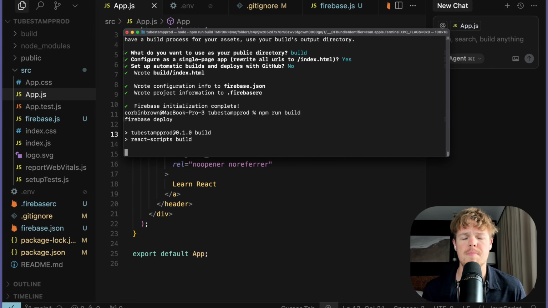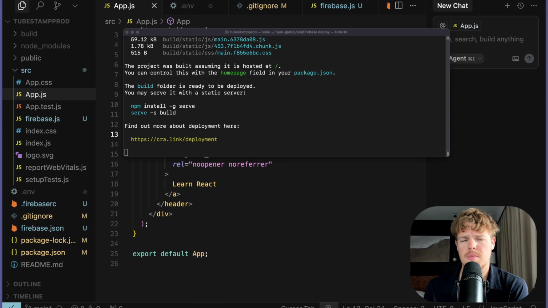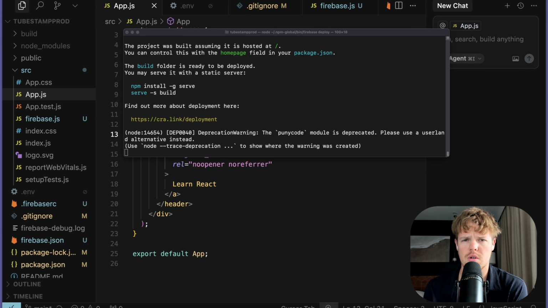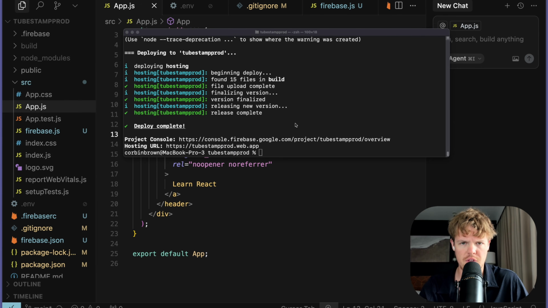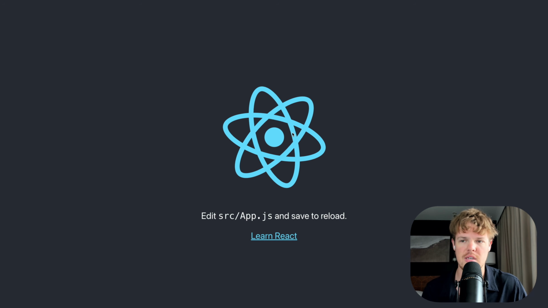So as you already know, npm run build, firebase deploy. There's a chance here we get a white page, but if we do, we'll fix it. But I think this should work. Deploying to tubestamp prod. With it done, let's check it. And there we go. Reloaded the page and we now officially have our